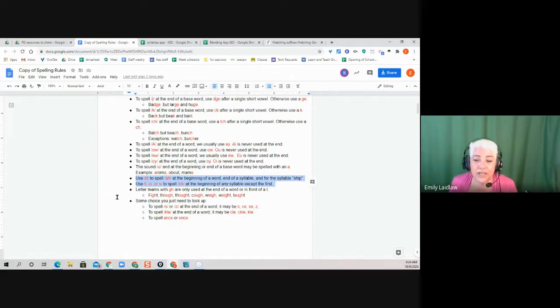I find that this rule has very rarely been taught in school to kids. They're just taught to read the word nation, action, or delicious. So let's teach that rule explicitly. Because how many times do you see kids who can read action and can read nation, but they go to spell it and they use a SH because they're listening to the sound. And it's good to listen to the sound, but let's go ahead and explicitly teach this rule. This is one rule that I find is often neglected. Okay, so based on these rules,